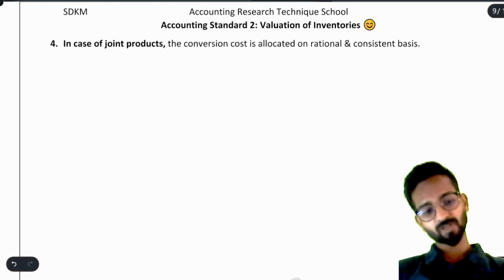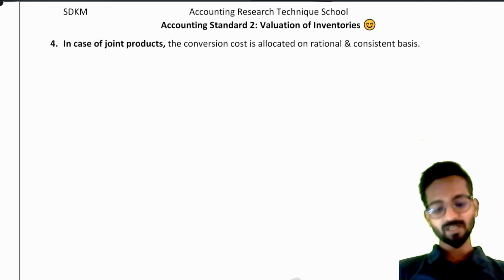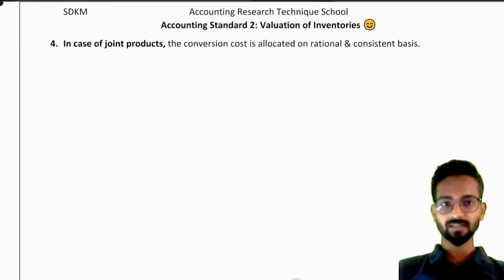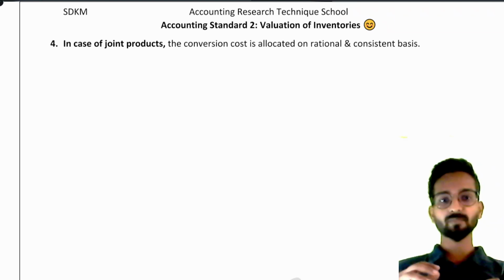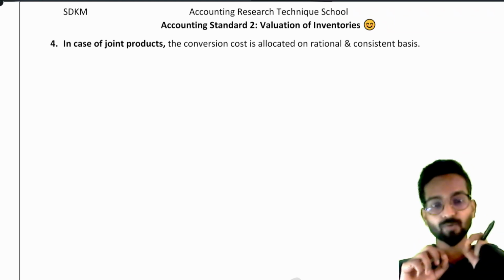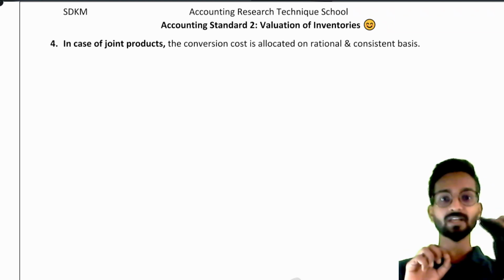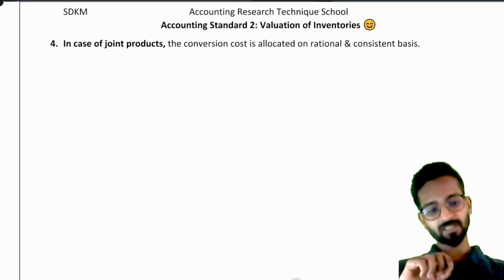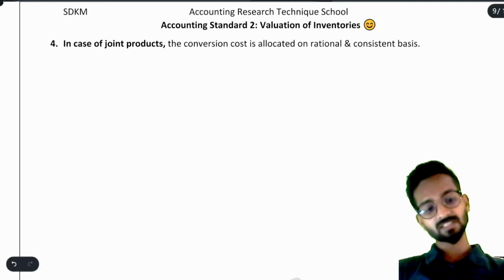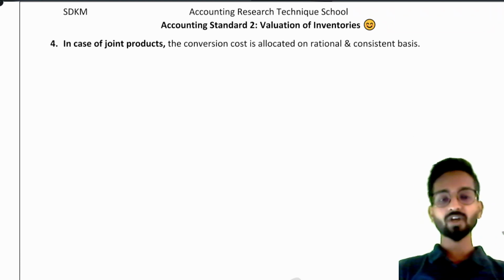देखो, जॉइंट प्रोडक्ट बोलता है कि जैसे मान लो हम लोग मिल्क प्रोडक्ट की इंडस्ट्री में है, ठीक है. अब आप उस मिल्क प्रोडक्ट से कुछ भी बना सकते हो. जैसे सपोज अगर दूध बेचने का ही धंधा है, तो आप लोग उससे बटर बना सकते हो, चीज़ बना सकते हो, दही बना के बेच सकते हो. तो ये सारी चीज़ें जॉइंट प्रोडक्ट्स कहलाएगी कि जब आप एक ही रॉ मटेरियल से बहुत सारे प्रोडक्ट बना सकते हो, that is called as joint product. ठीक है, इसका एक और एग्जांपल, suppose we are in the gas industry, so if you are in the gas industry, gas, oil, kerosene, petrol, they all will be called as your joint